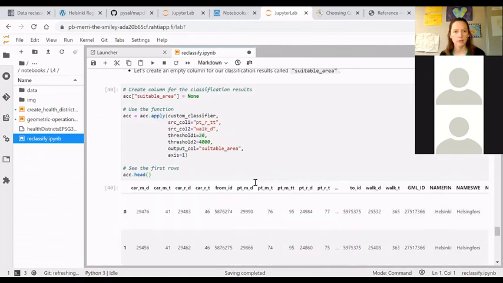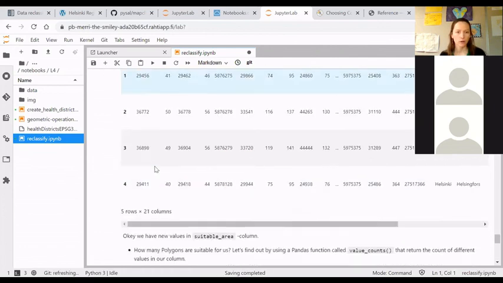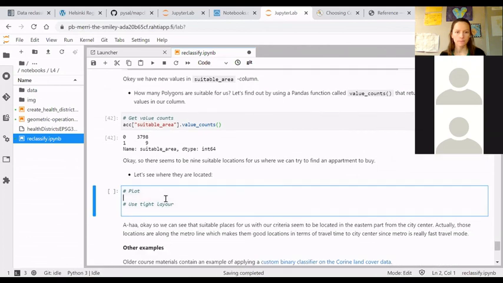So now we could start adjusting our thresholds. If we want to change the results, you could adjust the thresholds in here, if you want to allow 30 minutes public transport time and maybe 5 kilometers away or so on. Then these parameters will be applied on the data, and then the column values would be updated. But let's be happy with these 9